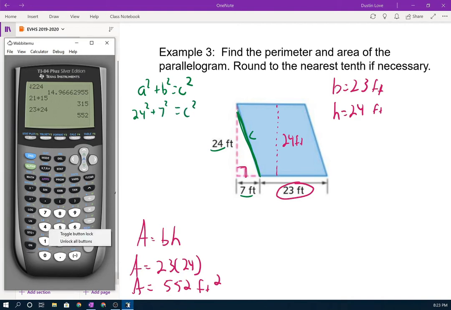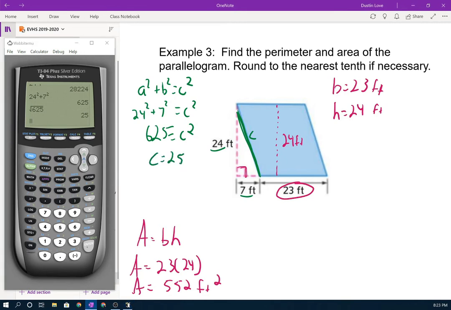And since they're on the same side, I'm just going to type them in at the same time. 24 squared plus 7 squared. Might help if I put the plus sign there. So 625 equals C squared. Square root of 625,